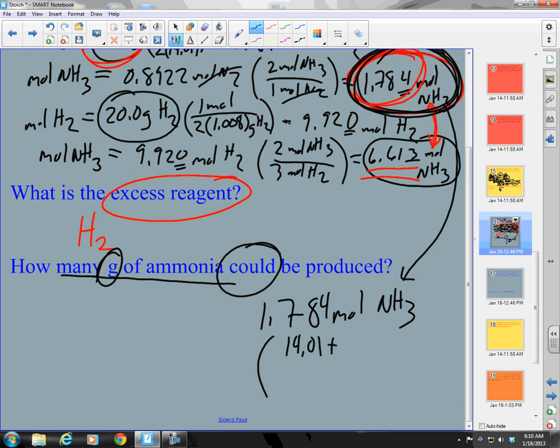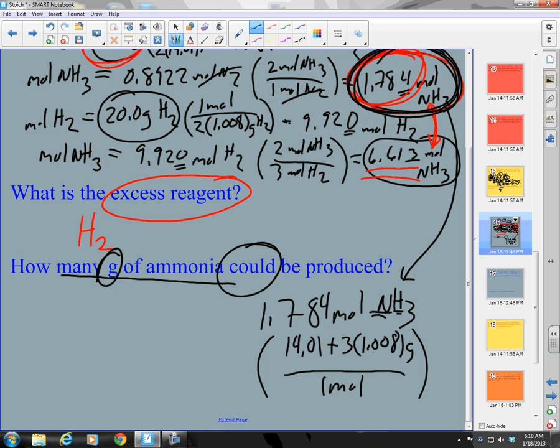14.01 plus 3 times 1.008 grams per 1 mole, right? Where did I get that? Well, that's my nitrogen molar mass. Where did I get the 1.008? That's my hydrogen molar mass. Okay, here we go. 3 times 1.008 plus 14.01, cool, 17.034 times